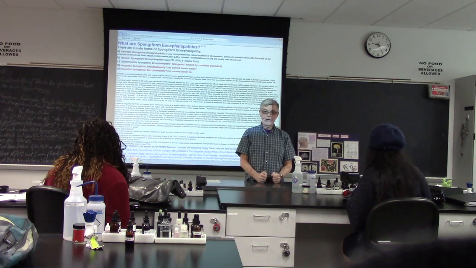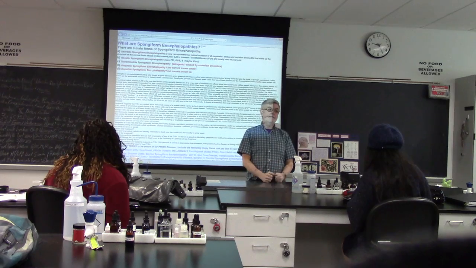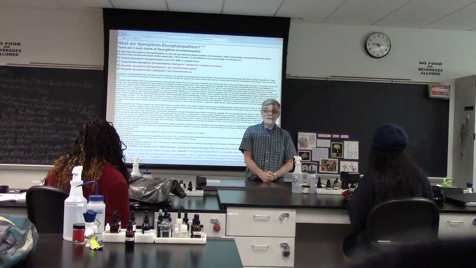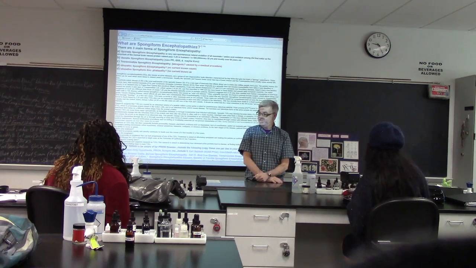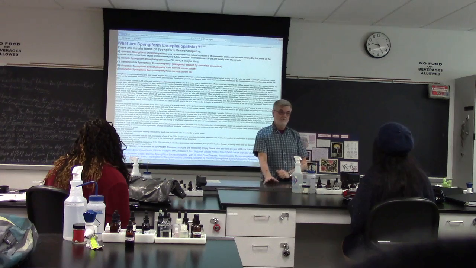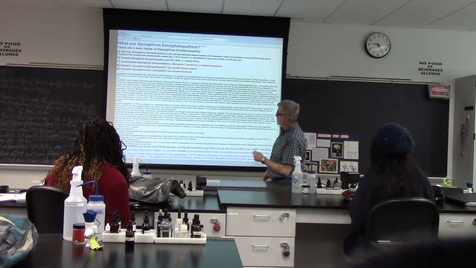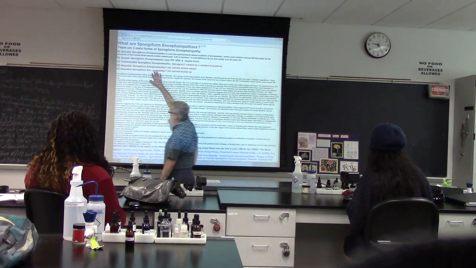A genetic inherited trait causes the mutation that causes the baby to be born with a spongiform encephalopathy, and the baby soon dies. Fatal fetal insomnia, the baby can never sleep. So the babies die very quickly. Since they don't reproduce, they don't pass it on. So you don't really have to worry too much about the genetic form or the sporadic, because you would have already had it or developed it later. What you have to worry about is this one: